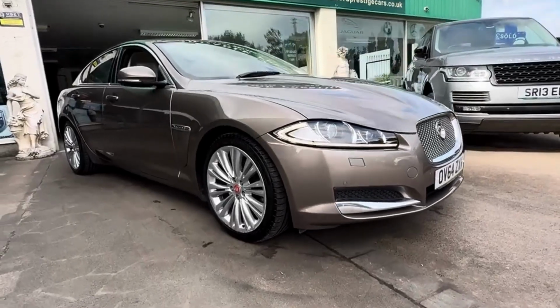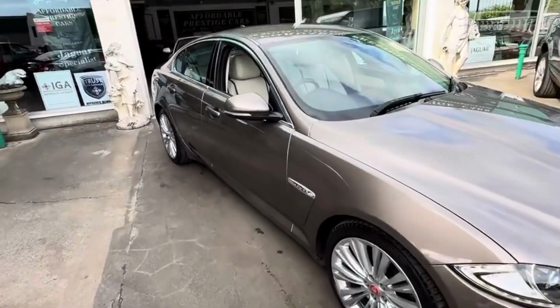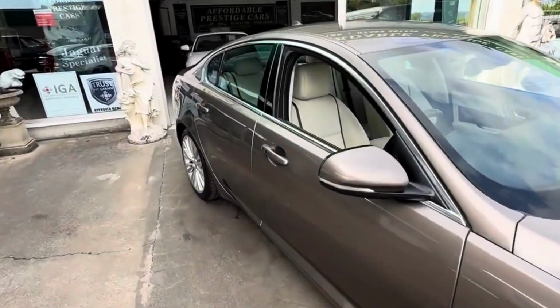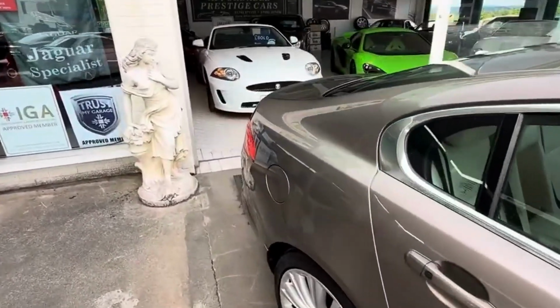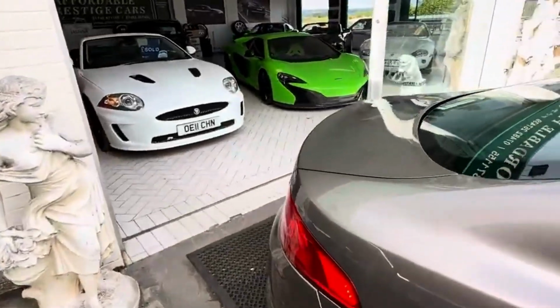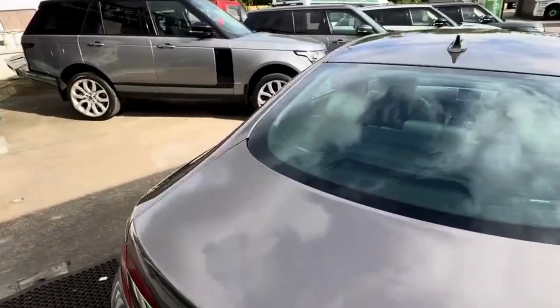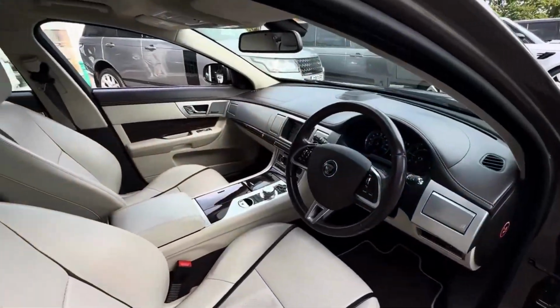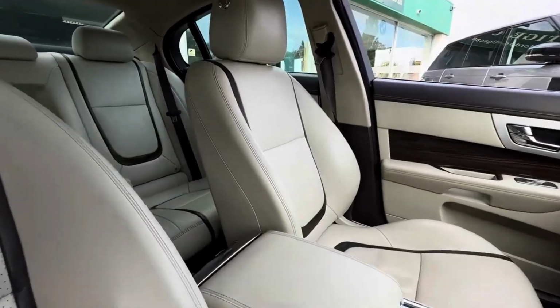Any day in which we can talk about a Jaguar XF is always a good day in our Prestige collection, because not only do we love these cars, but you certainly seem to as well. They are by far our most in-demand vehicles, our best sellers across the board, and this one is not only a portfolio, so its spec is fantastic, and we'll talk about that more in a second, but it's also in a very rare choice of colour, quartzite bronze with ivory leather, a very classy combination if ever there was one,